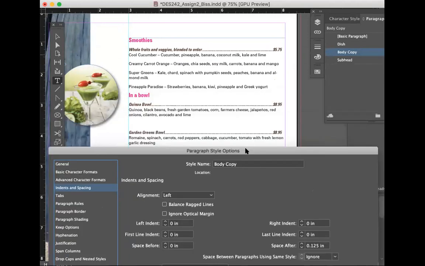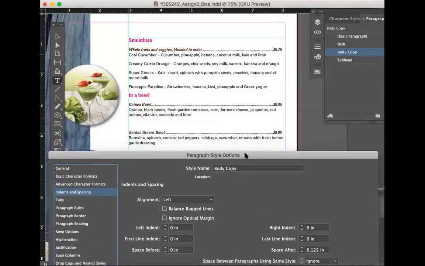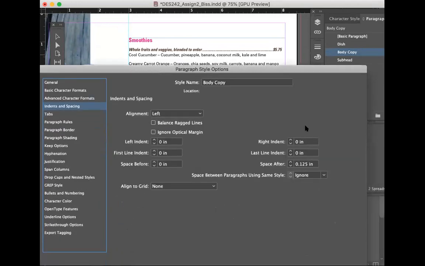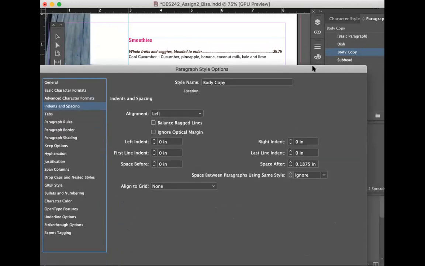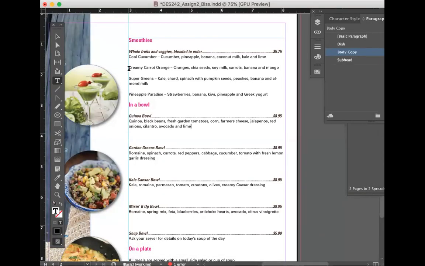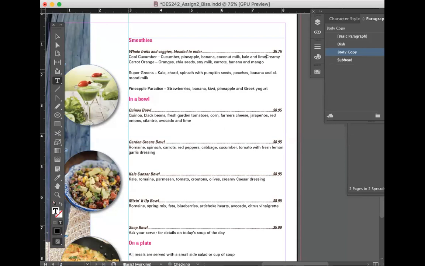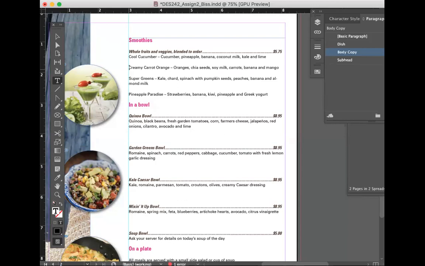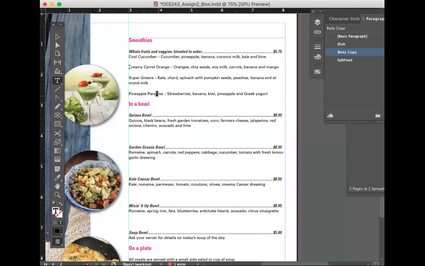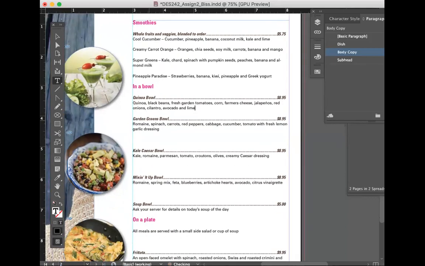And because I have returns in there that I have to take care of, it's kind of confusing to see this. Let me set it to 1.185, click OK. If you see it kind of spreading this stuff out, that's because there's a space in there. It's after any type of hard return.